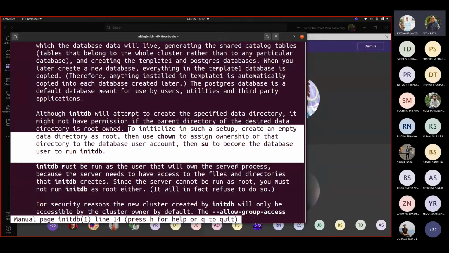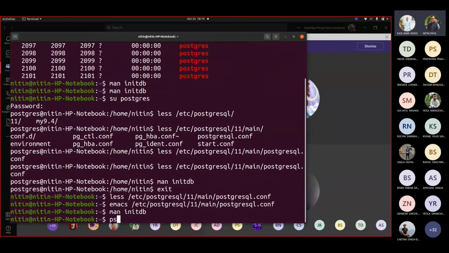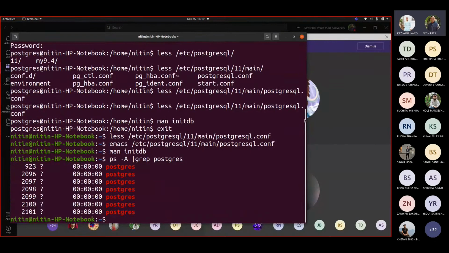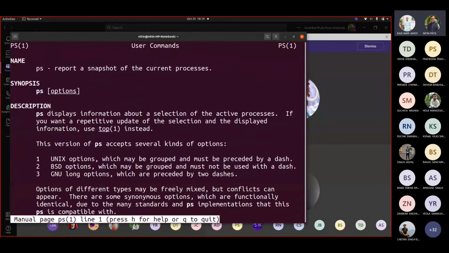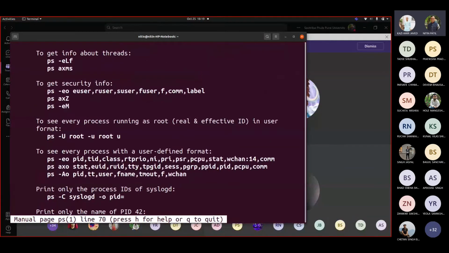Now whenever your service starts, if I really see ps -ejH and grep Postgres, I do see these details. But if at all I want to see more details, let us go to man ps. Let us see if we can get more details about it.